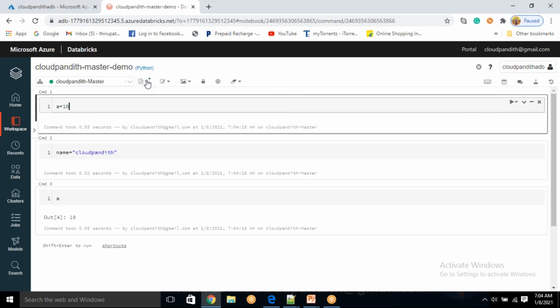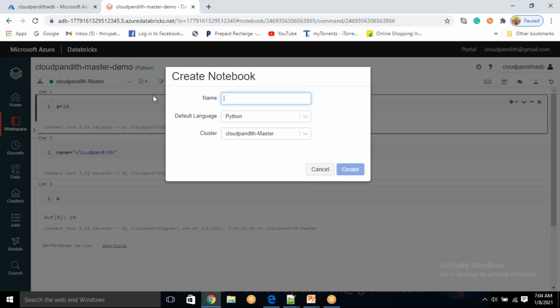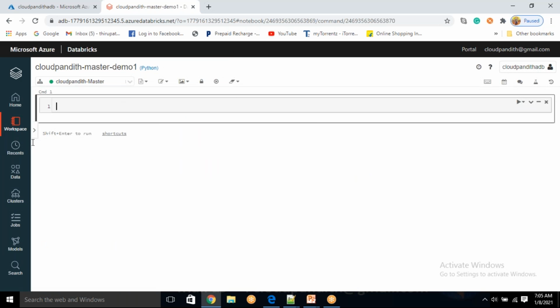See now. Click on this, you have a lot of options. If you want to create a new notebook on the fly directly from this notebook, you can create. Click new notebook. This I can call demo one. It's a demo. In which language? Maybe you want to create it in Scala or Python, whatever you want to do, and click create. See, another notebook is created directly. You are in some other notebook. You got to know that you need to work on some other functionality.